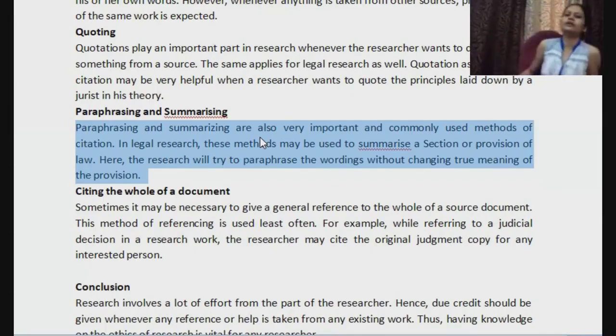What you do here is summarizing. For example, this is one book that is written by one author. It is having 50 pages. All right. What you do is basically summarize it. You say that in this particular book written by so and so author, the author highlighted that the criminal justice system in India is not working fine only because of one reason. Why? That there is lack of appointment with regard to judges in court. Right? Number of judges are less as compared to how many cases are coming every day. That is the main reason.